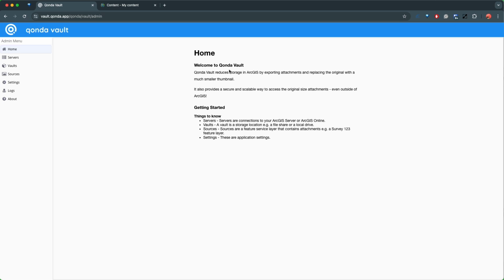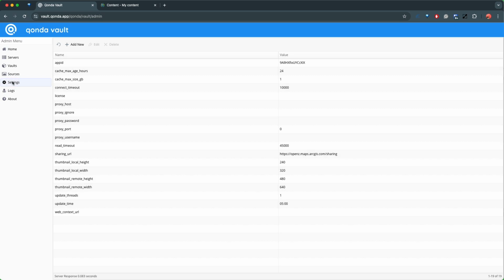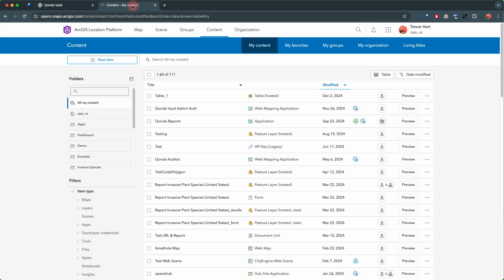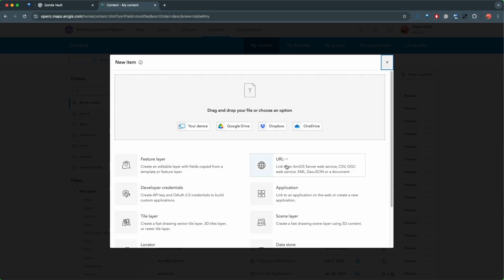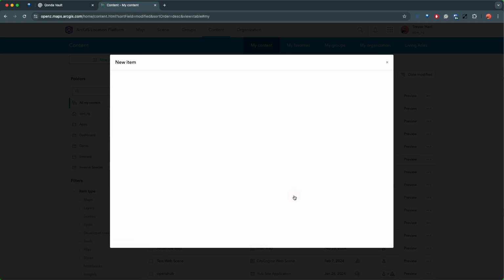What we need to do next is go to the settings tab, and update the app ID and the sharing URL for our application, which means we need to register an application in ArcGIS Enterprise or ArcGIS Online. To do this, we go to ArcGIS Online, we click New Item, we go to Application,